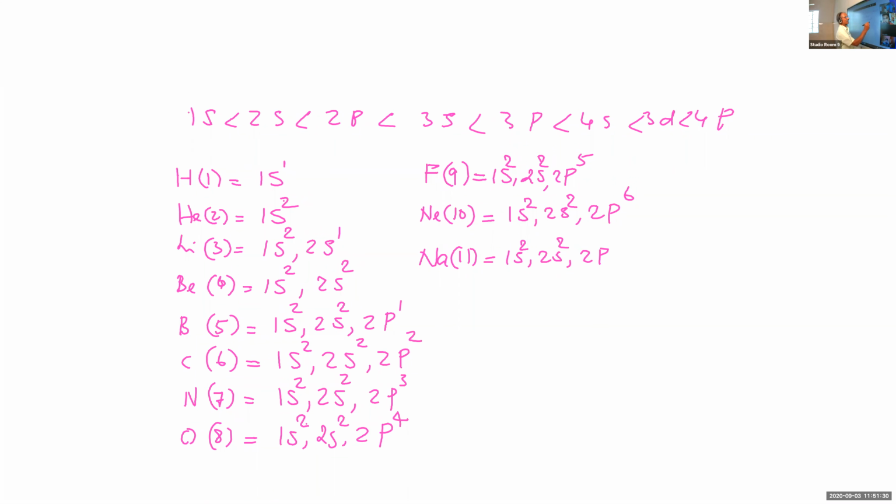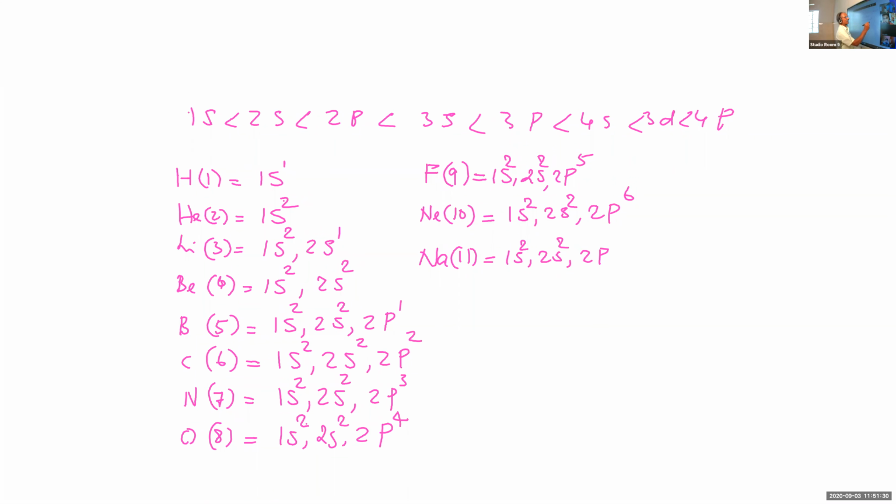Magnesium is equal to, you can write in a similar way, 1s2, 2s2, 2p6, then 4s, sorry, 3s, it is not 4s, 3s. How many? 2 plus 2 plus 6, 10. 3s2. So 1s2, 2s2, 2p6, 3s2. In a similar way, you can write the configuration. So you try with the other atoms also.